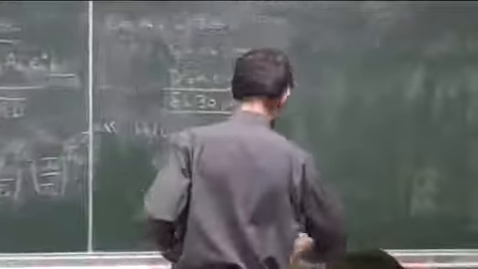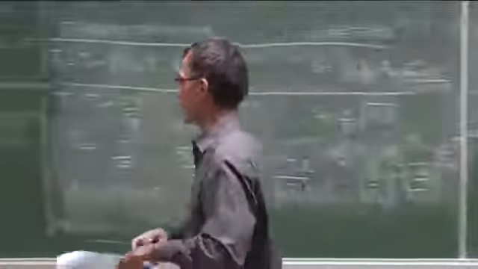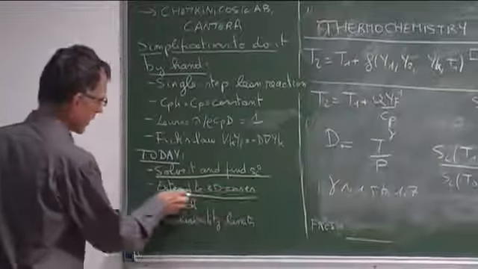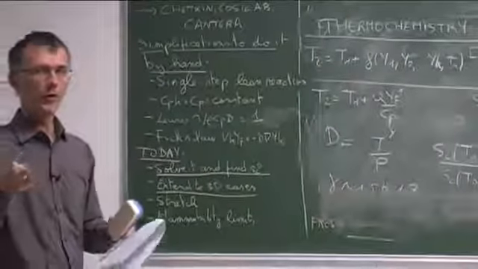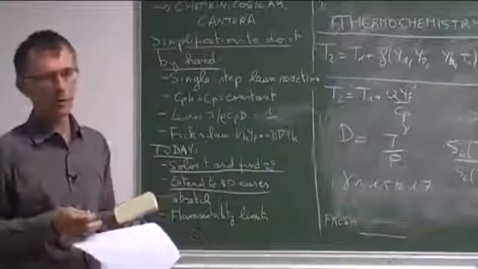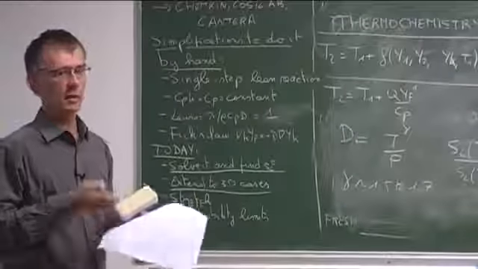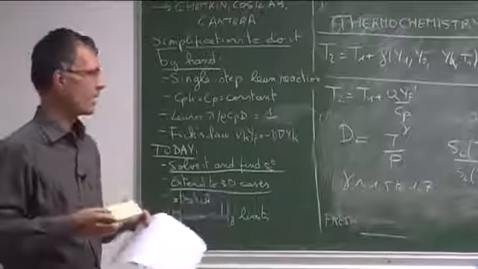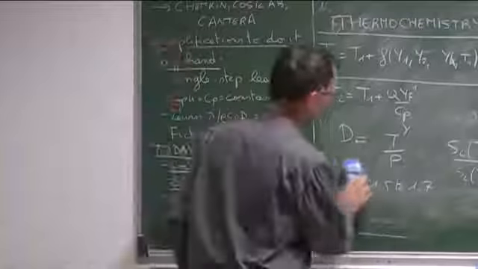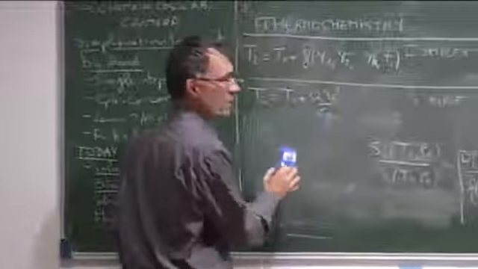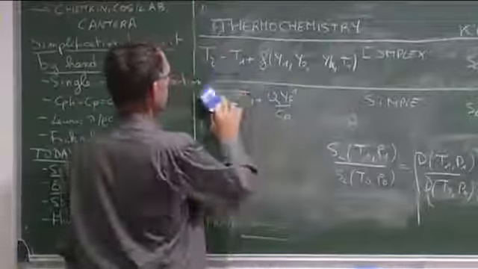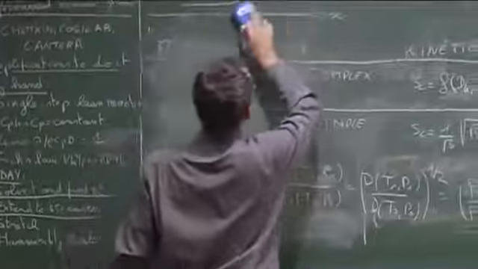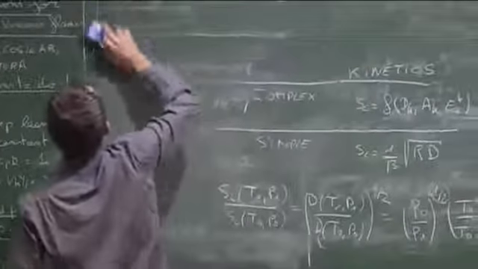Okay. Now I want to go a bit further. I have finished this thing. I want to talk again now about speeds. The first thing you should have noticed is that I have talked about flame speeds as if flame speeds were just one number. But if it's a speed, it's a vector. So it's not just one number, it has many components. And in the real world, flames will not always propagate in a straight line. So in the general case, we'll need to look at flame speed as if it was a vector, which it is actually.